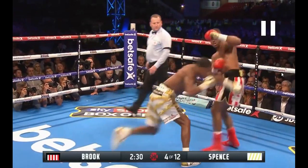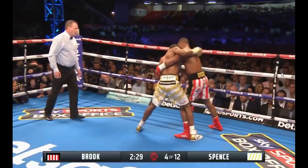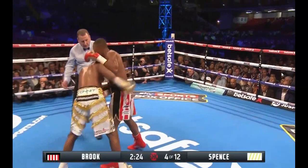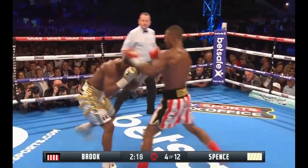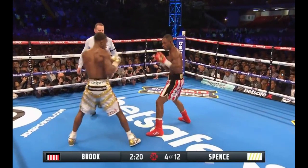But anyway, he just comes in with that straight right hand or the straight left hand, and then kind of taps him with the right hook, right? Not a real shot, but not really able to land any punches until they get onto the inside, where Kell Brook is really looking to smother him, right? Smother him and control him and clinch, right? And I don't think his clinch game was on point in this fight. Some of that definitely had to do with Errol Spence being able to create space, but also I think a lot of it had stemmed from the backlash he got from fighting Sean Porter, right? And I think that kind of stopped him from wanting to use it as much, wanting to prove to himself that he doesn't have to clinch to win a world title,